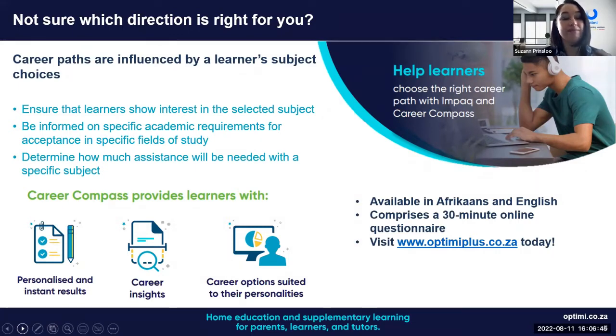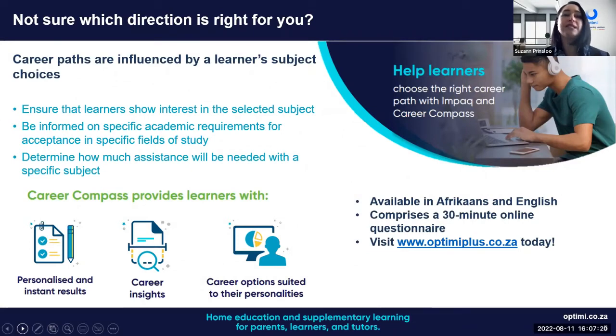This is a 95 Rand online document that they complete. It does not take away from a formal educational specialist or educational psychologist that takes your child through complete psychometric testing. But it does give you a starting point of at least what is my child interested in? Because this is the big thing. They might not know what they will be doing in another 3 or 4 or 5 or 10 years' time.